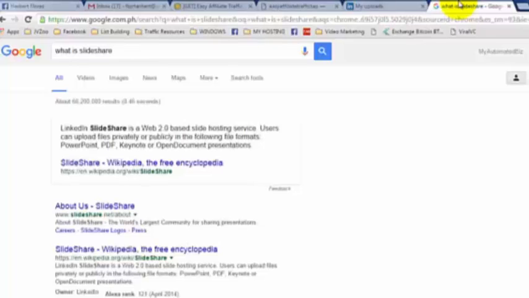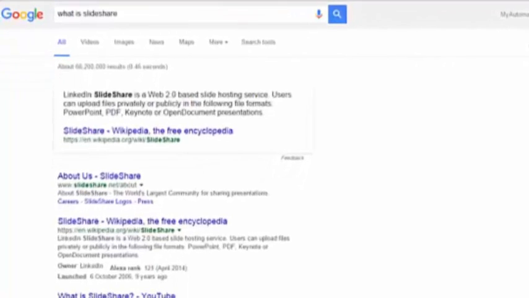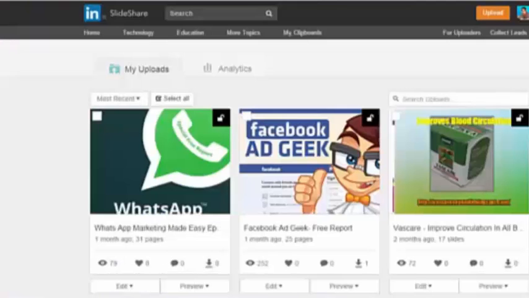LinkedIn is a social media site wherein you can upload your files privately or publicly in the following file formats. You can upload PowerPoint, PDF, Keynote, or OpenDocument presentation. Within SlideShare, you can also back up your files.